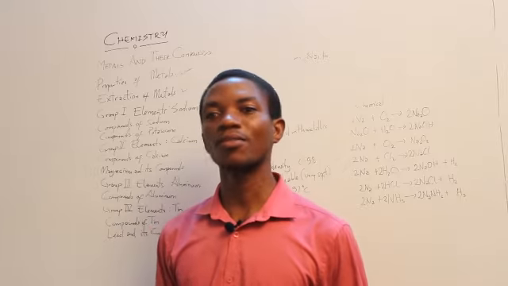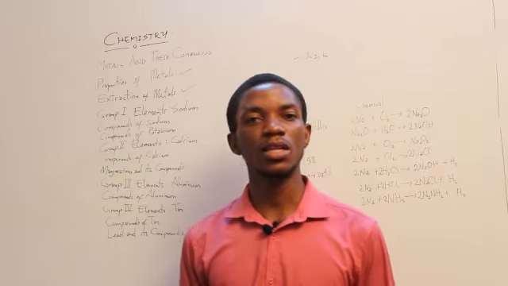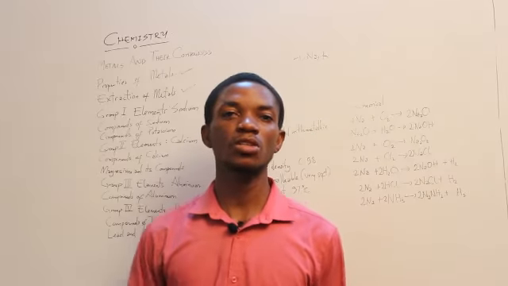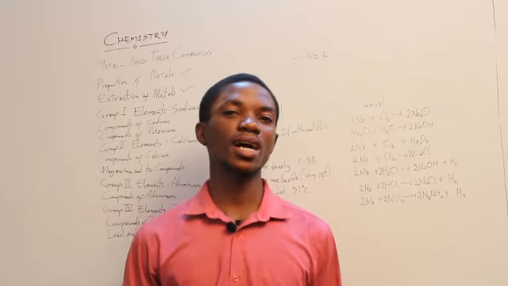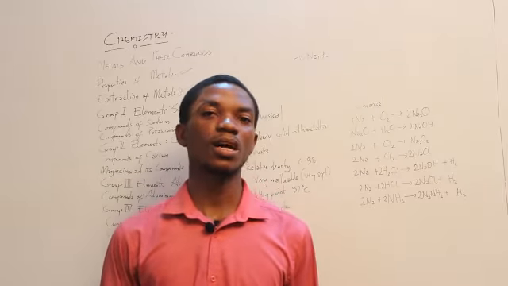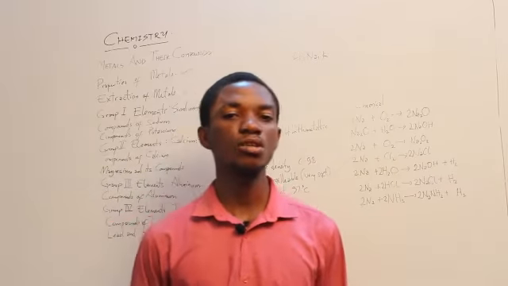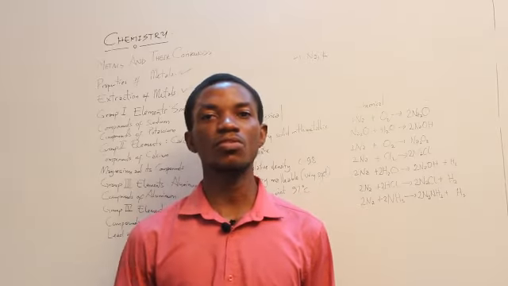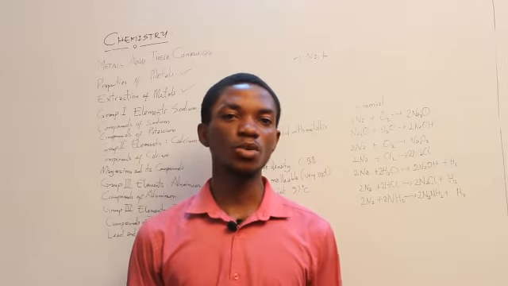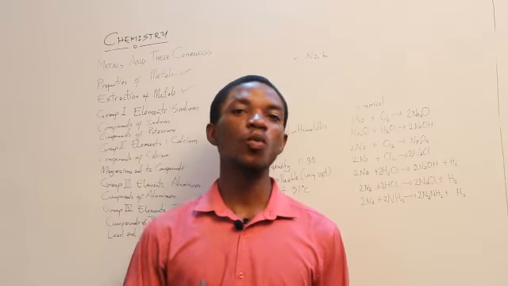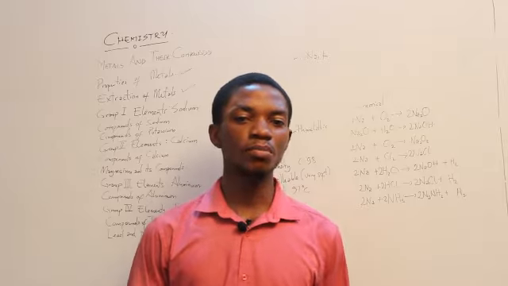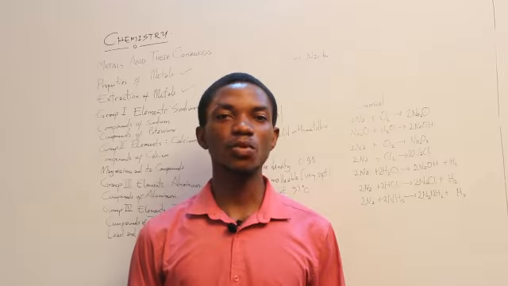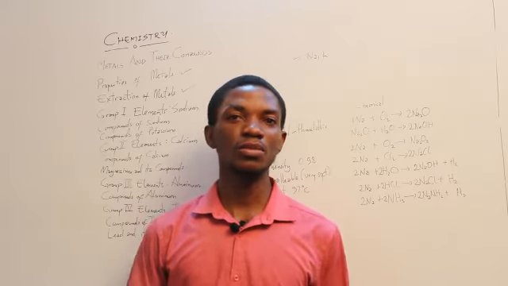Of course, they all have one outermost electron, that is, they are univalent. When they ionize, they have just one electron in the outermost shell, which they can release. And the ionization energy reduces as you go down the group. Ionization energy simply refers to the energy required to remove one electron from this particular element. The energy required to displace one electron from the element.